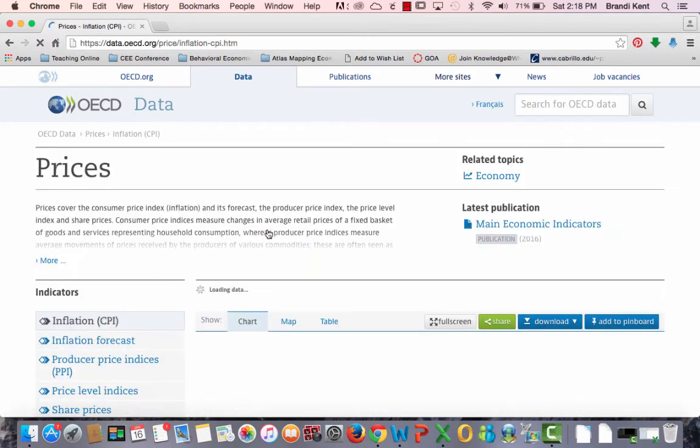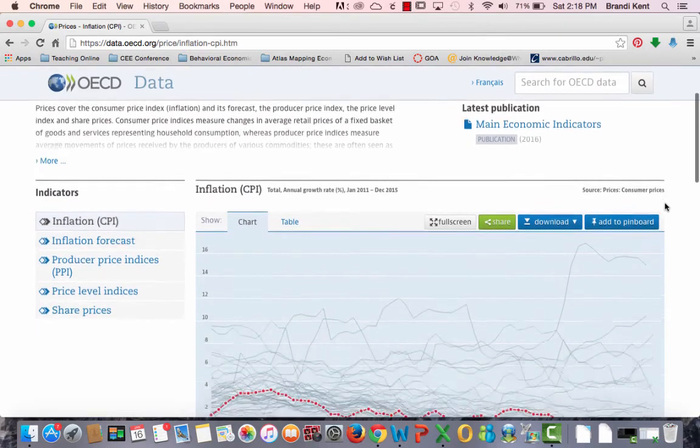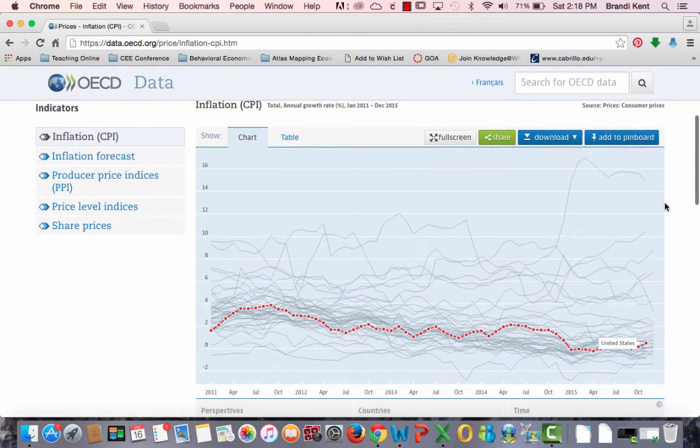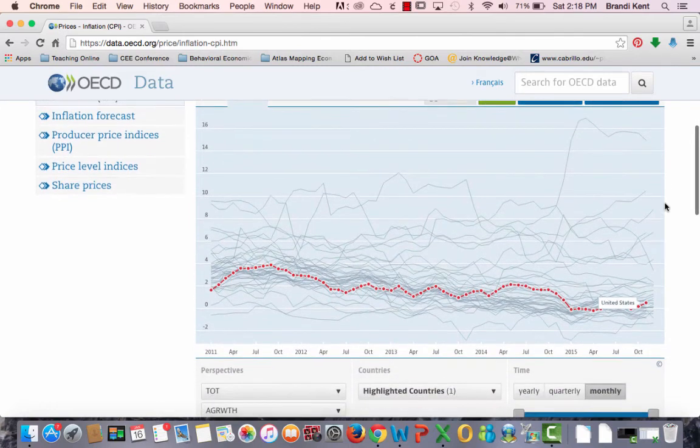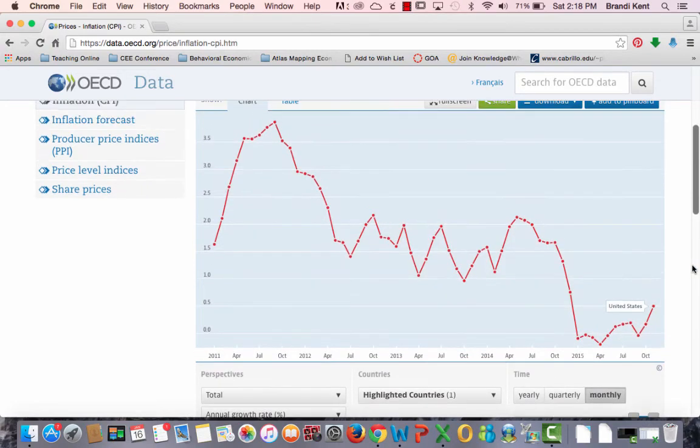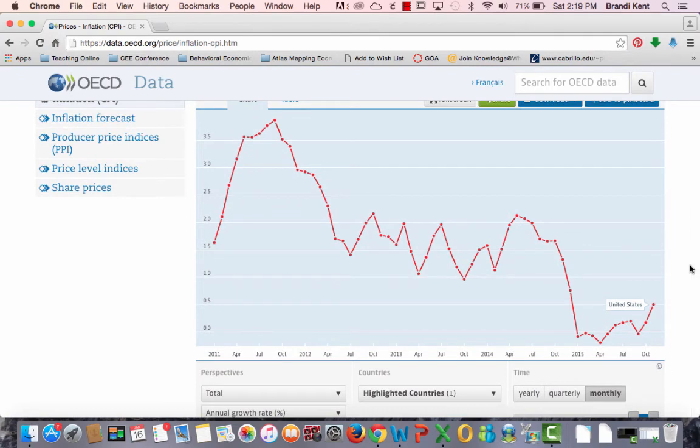I'm going to click on this, and I'm back to that crazy looking chart. So the first step I always like to do is to clean it up to make it easier to read. To do that, I'm going to, again, take my background and put it to none, and only leave my selected country, the United States. The Consumer Price Index is measuring how consumer goods and services are changing in price